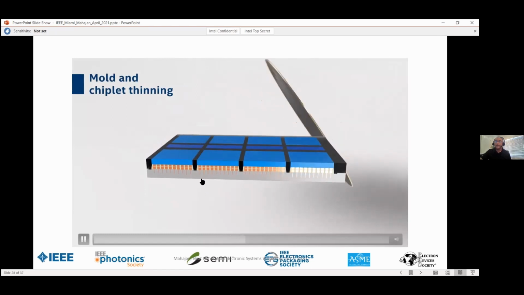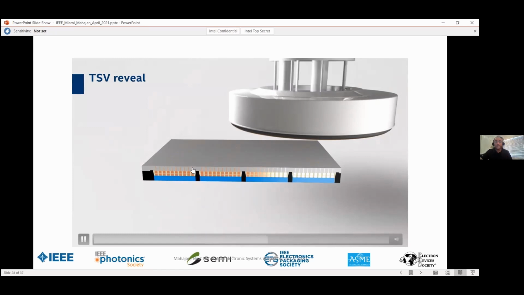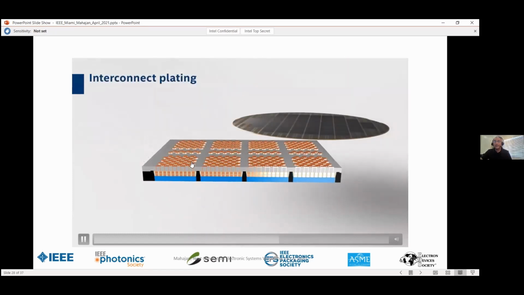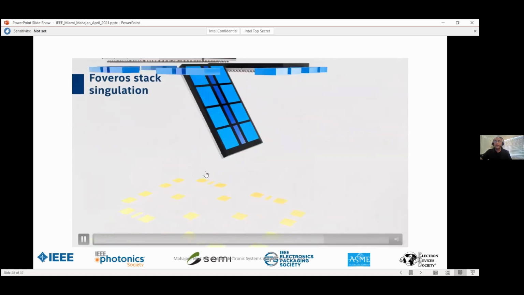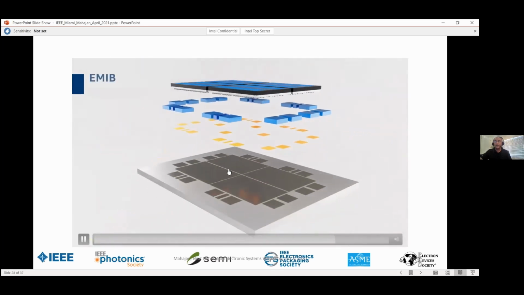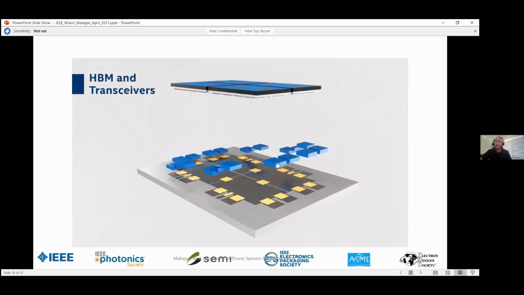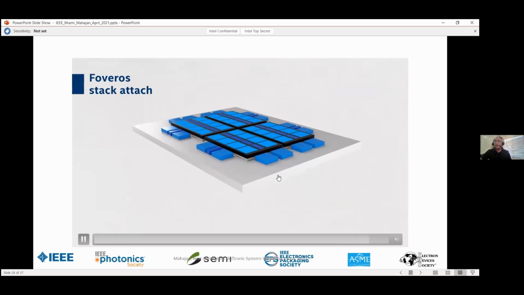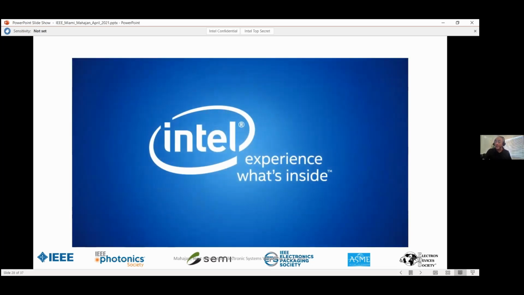Now you've created a stack of top tiles. You flip the wafer, you can grind it off. You reveal the through silicon interconnects. You can create pads for connectivity to the package. You put solder on it and reflow the solder so you form bumps. This whole thing can be connected. I show a four configuration, bridges where you need them, peripheral chips, and you have a fairly versatile platform. This video has been shown many times, but it communicates very effectively what we mean by the ability to build